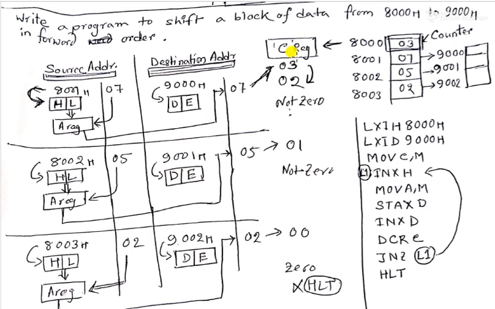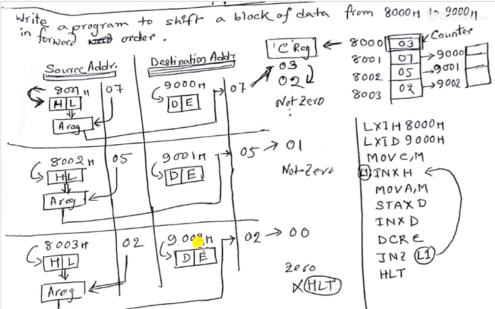Before this decrement the value of C register is 02. After the decrement the value is 01, and we will check that it is 0 or not. It is not 0, that is 1, so it is not 0. So we will increment the HL pair content, that is 8002 to 8003. Okay, and we will store at HL register pair, and similarly we have to increment the destination address too, that is